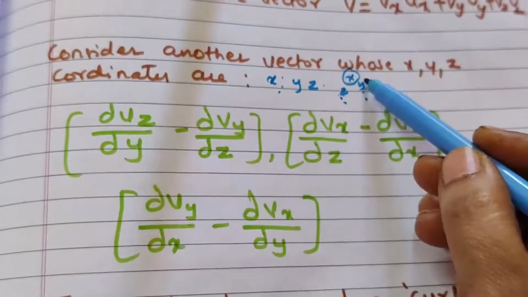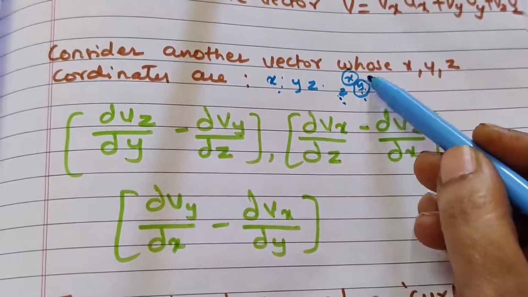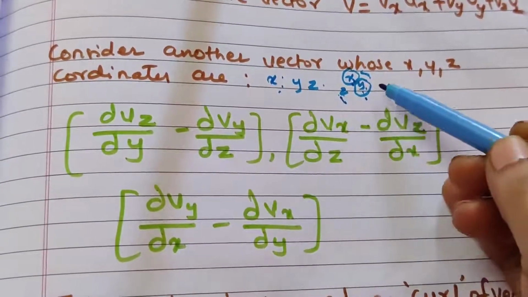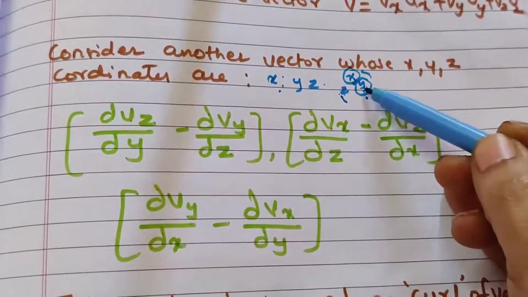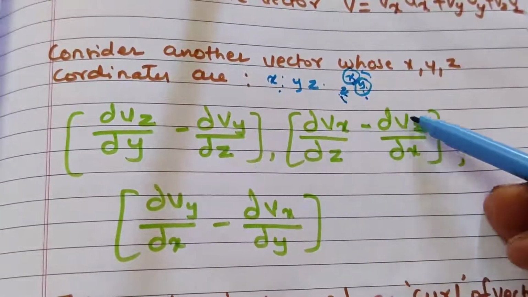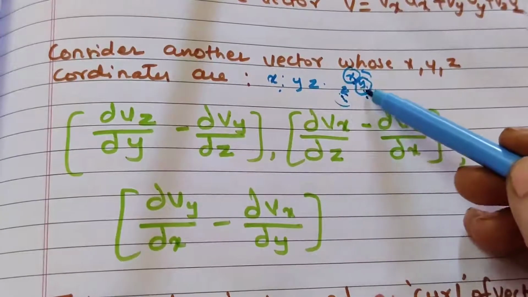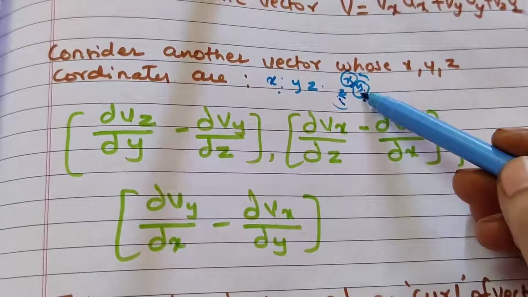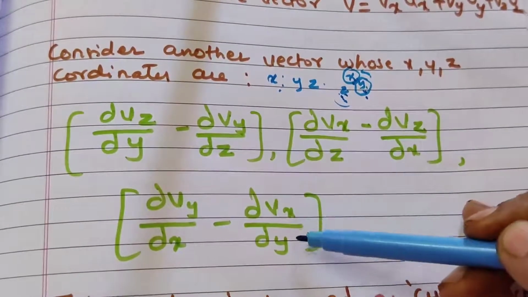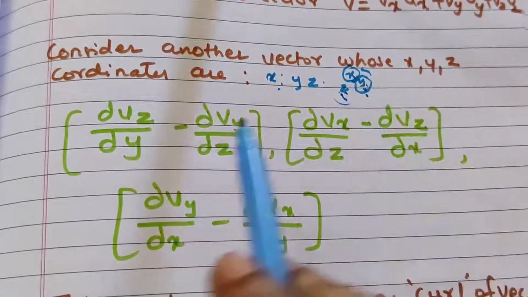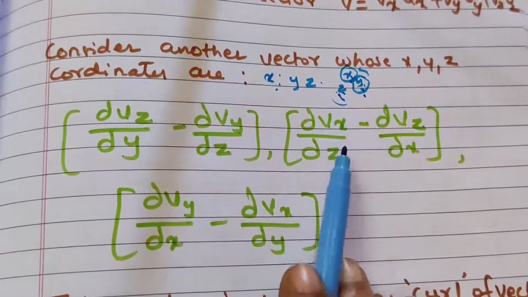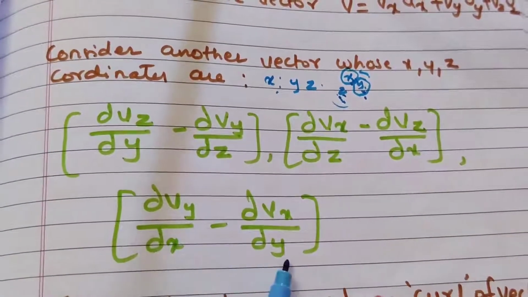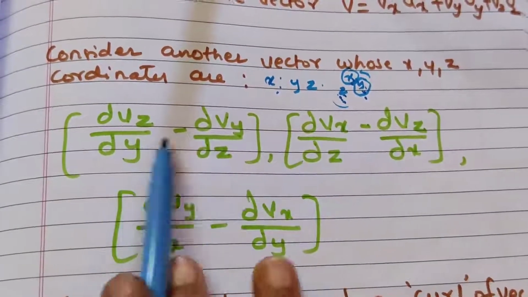Now if you want to find the y coordinate, go like this: x value, ∂vx, then vz. Here y is there, which we don't want. Next the z value, ∂vz/∂x. If it is z, go from this side in a cyclic process. Here you will get ∂vy/∂x minus ∂vx/∂y. If it is x, only y and z terms come. For y, only x and z. For z, you get y and x. This is how you have to remember these three coordinates.